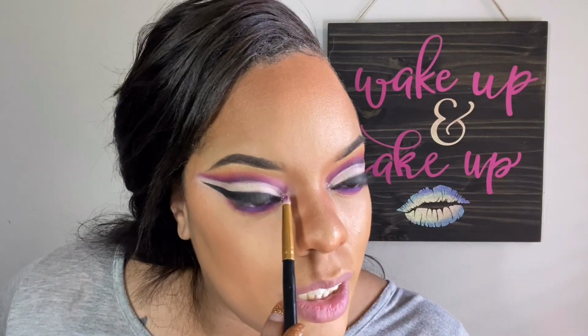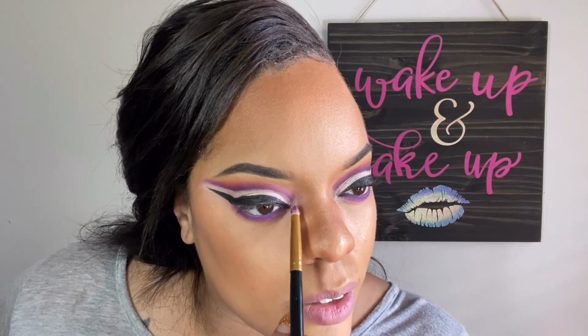I feel like I need something in the inner corner. And I'm thinking of maybe putting my glitter on the inner corner instead of on my eyeliner. Let's do that. I think that would be good because I can still get my sparkle, because I feel like that would just be a little bit too much, which is so weird me saying too much because usually that's impossible. Using a glitter on the inner corner, I usually don't put a glitter glue down because